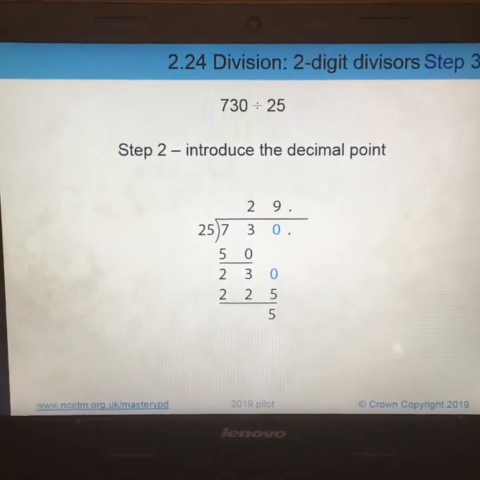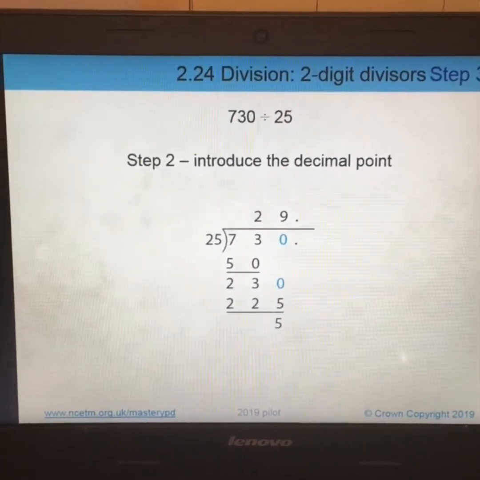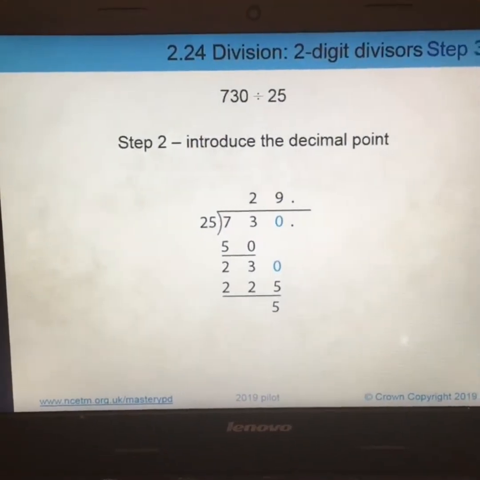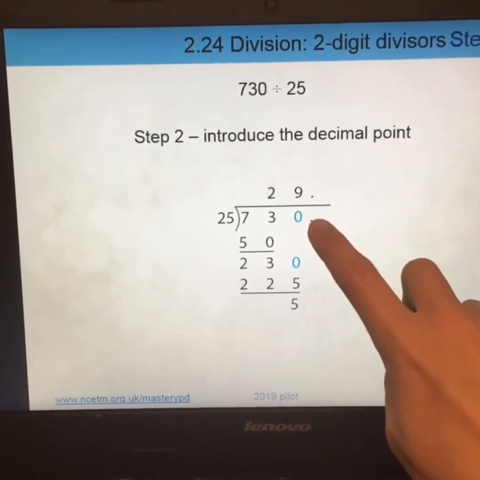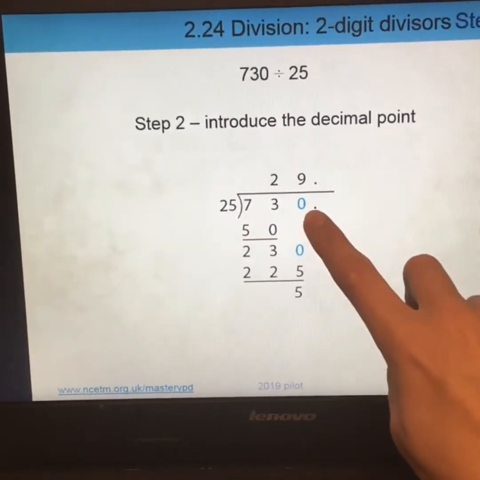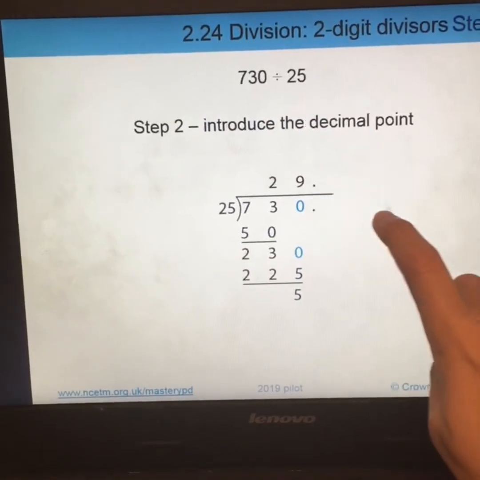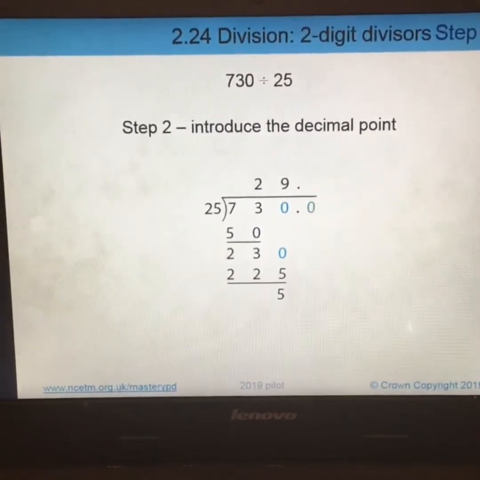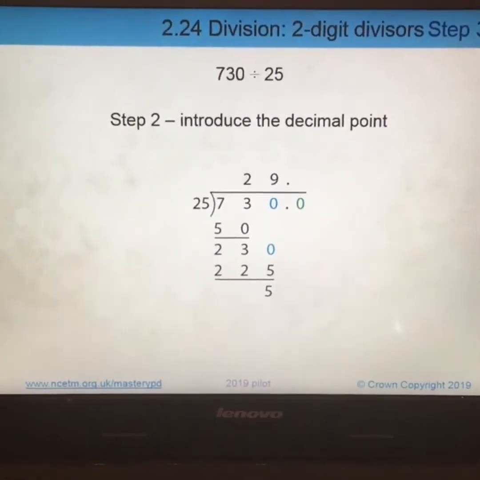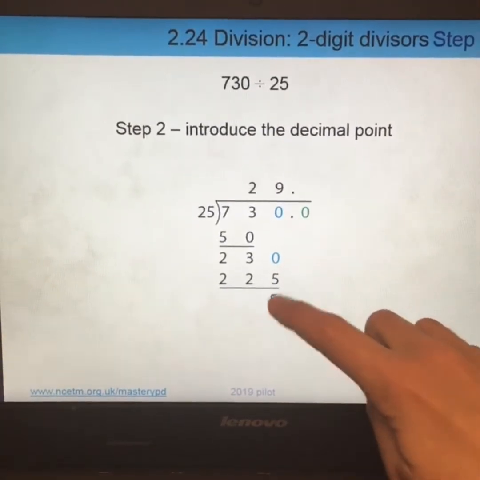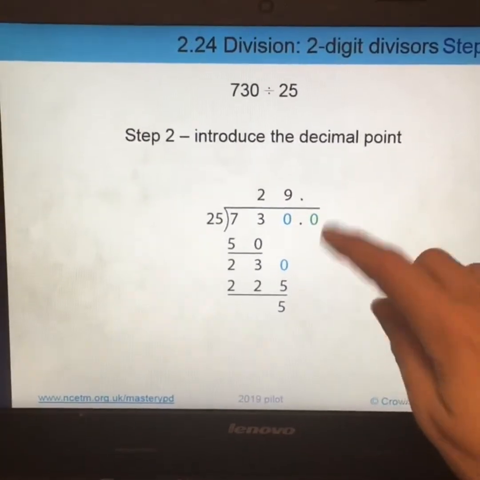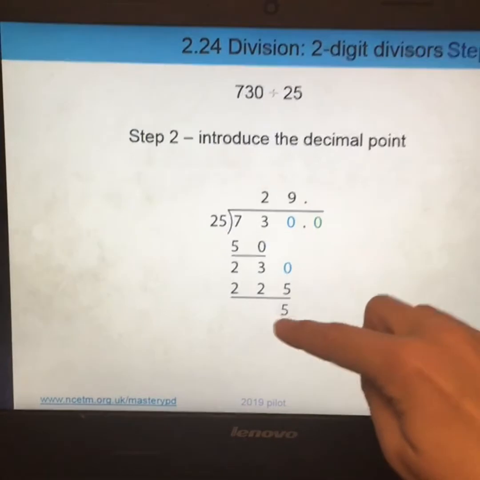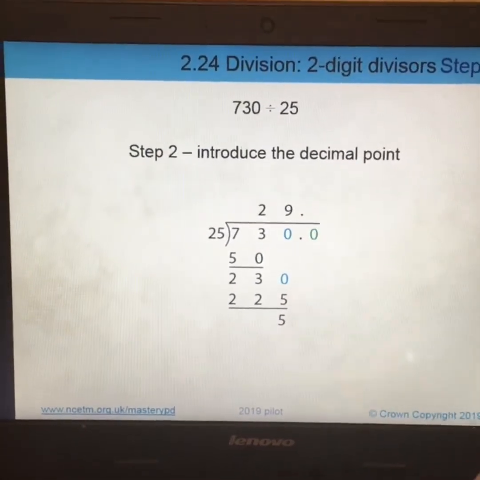So, one way that you can do this, and you have done this before, is you introduce the decimal point. So you put a decimal point in your answer and a decimal point here, because as you know, if you add a decimal point and zeros after a number, it doesn't change that number. So I'm going to add a 0. Now, this time, rather than saying remainder 5, we're going to call this 5 ones, but then we're going to bring this 0 down,